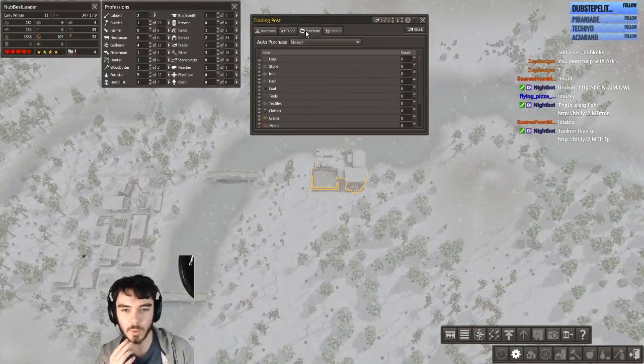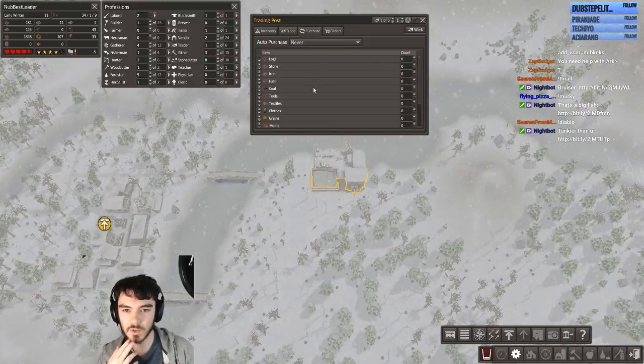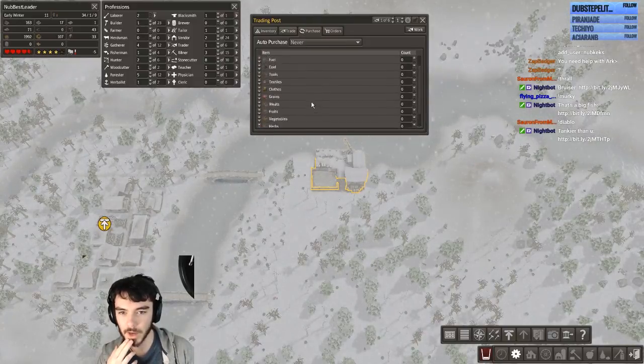What do we want to trade? We want to purchase... Do we want to purchase stone and stuff like that? What do we want to buy here? We could buy...